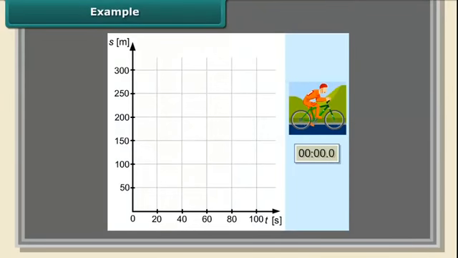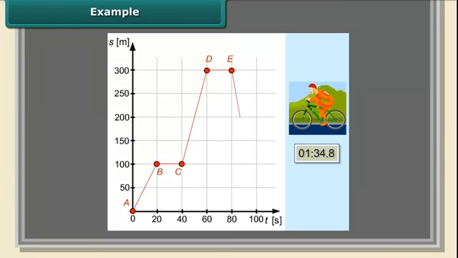This is the location-time graph for a cyclist. While plotting the graph, the short moments of time where the cyclist changed his speed are neglected. From the graph, we can determine the location of the cyclist at a given moment, the type of motion with which he was traveling along particular segments, his speed, the distance he covered, and even